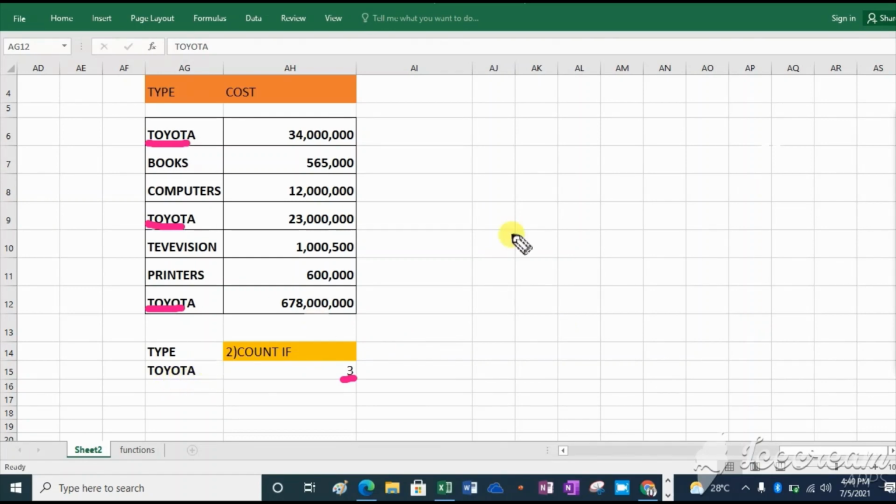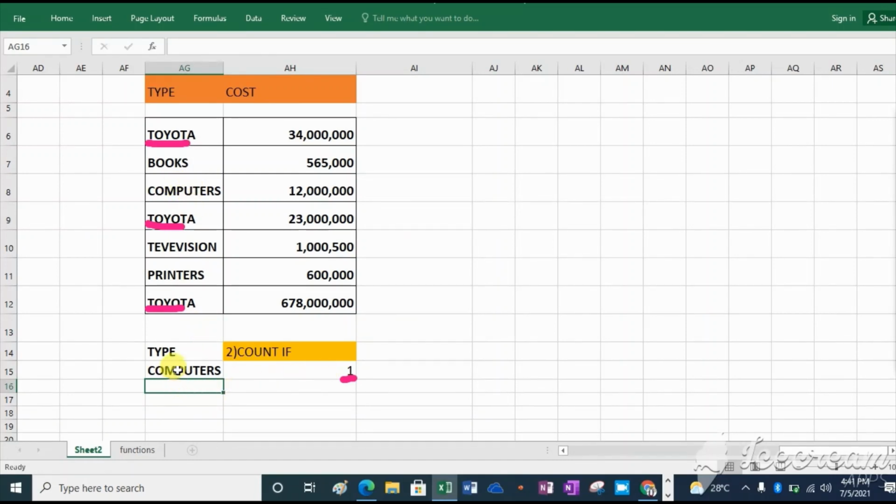Let us change here by writing another thing, for example computer. Type computers, then click enter. You see it is 1. Why is it 1? Because there are no other computers, only one cell containing computers.